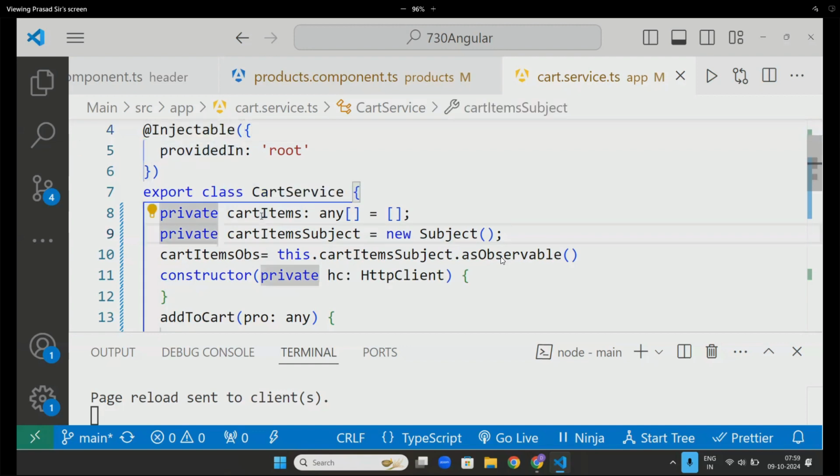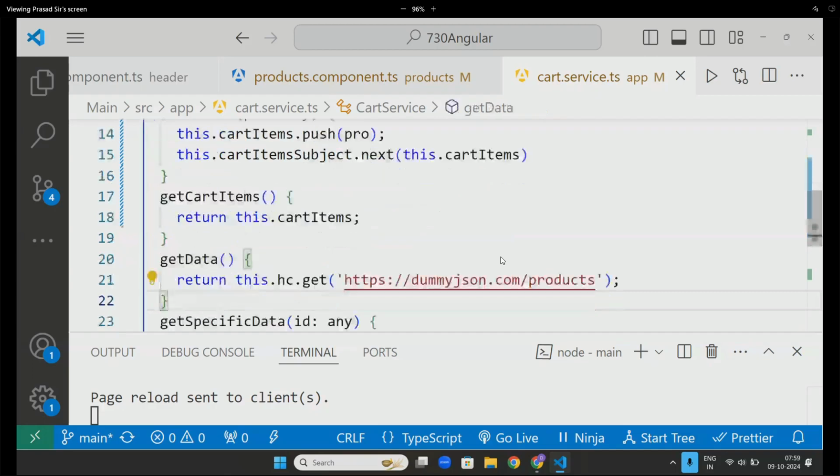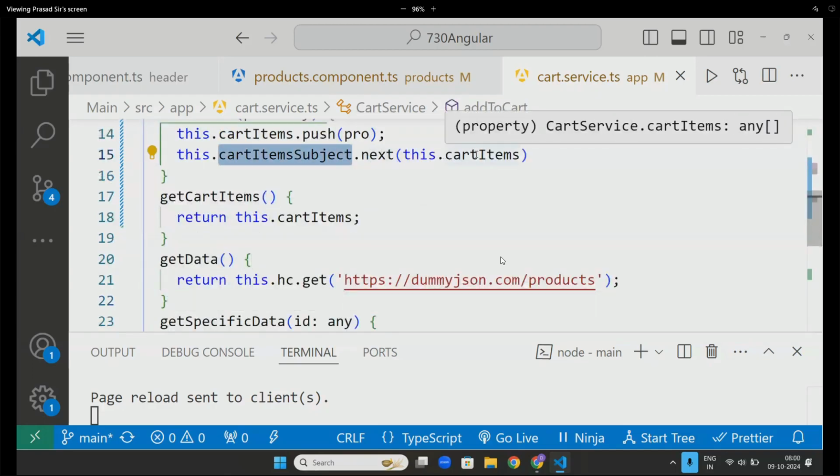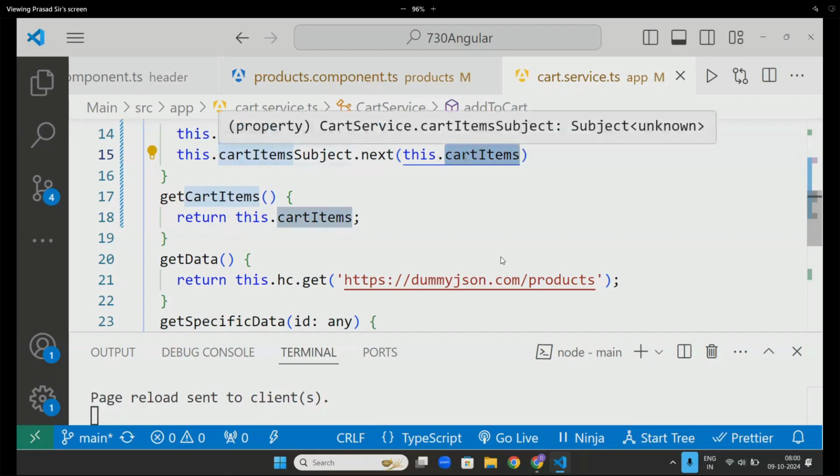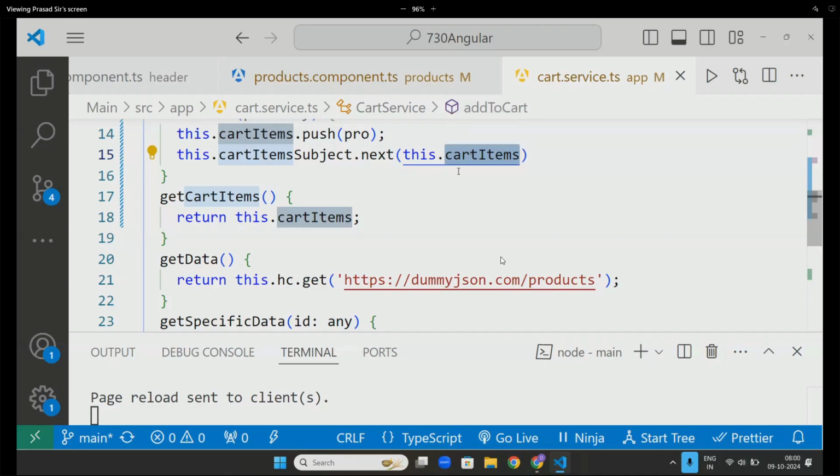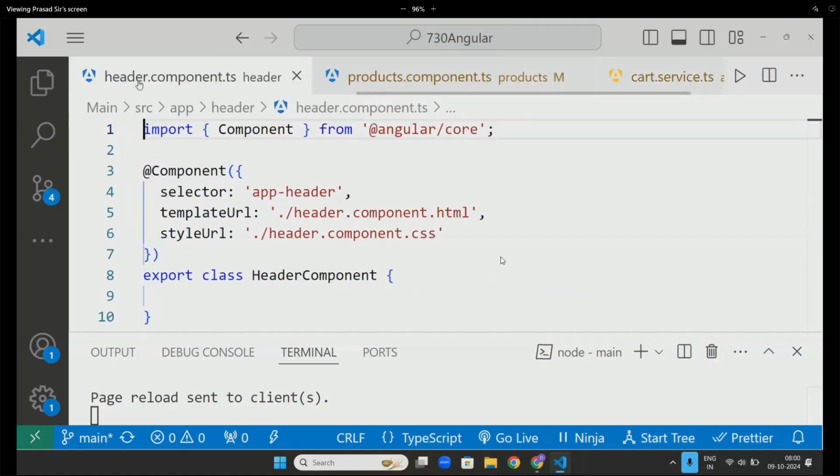One empty array, sir. Then automatically the cart items subject also will become this array. Inside the subject, the whole array will be there. Any doubts?